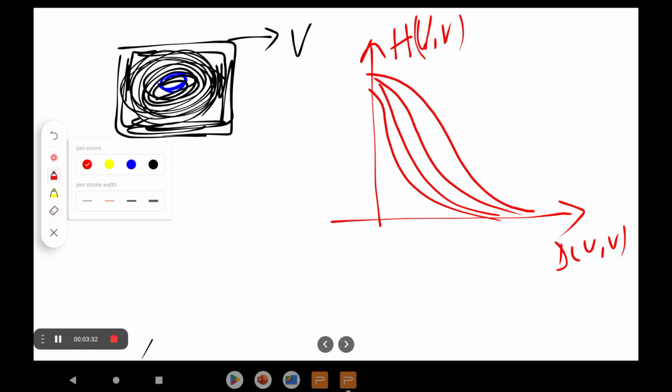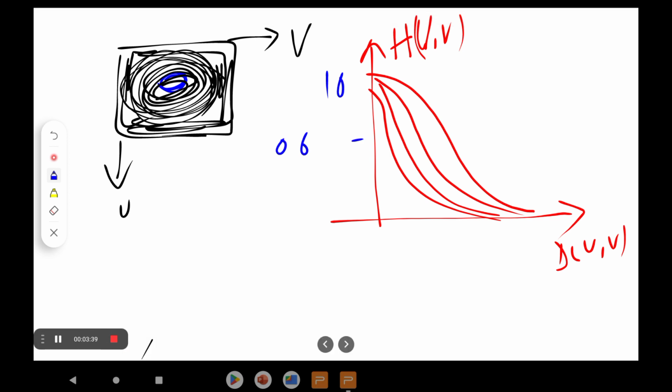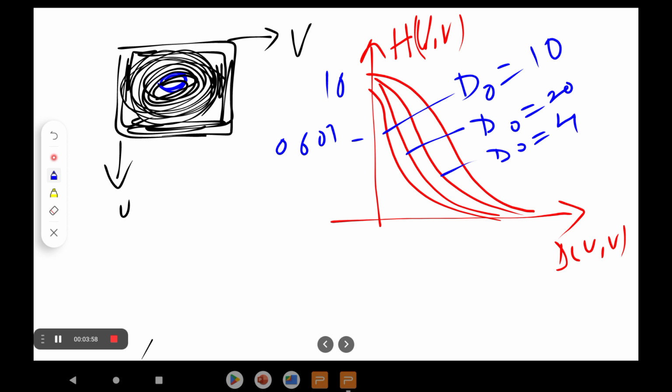So the magnitude of the corresponding filter can be represented as 1.0, and this is 0.607. This is for the order of the filter, where D naught is equal to 10, D naught is equal to 20, D naught is equal to 40, and D naught value is equal to 100. So as the D naught value increases, the corresponding graph is shifted towards the right side. That is one of the important observations, where D naught is generally called the cutoff frequency